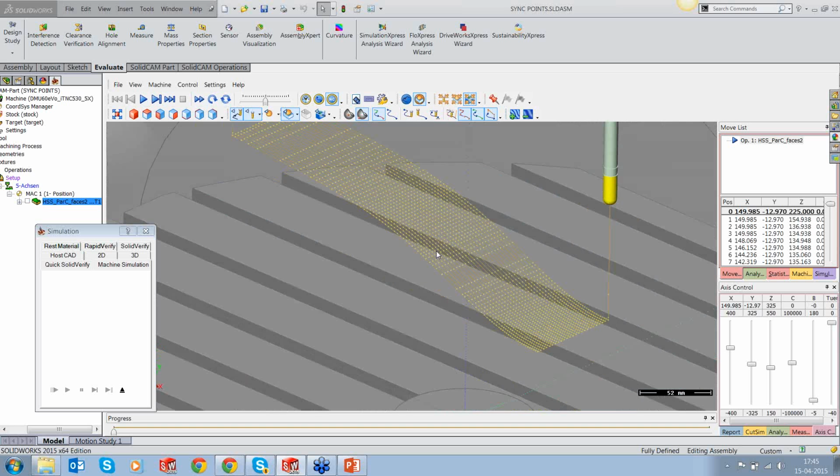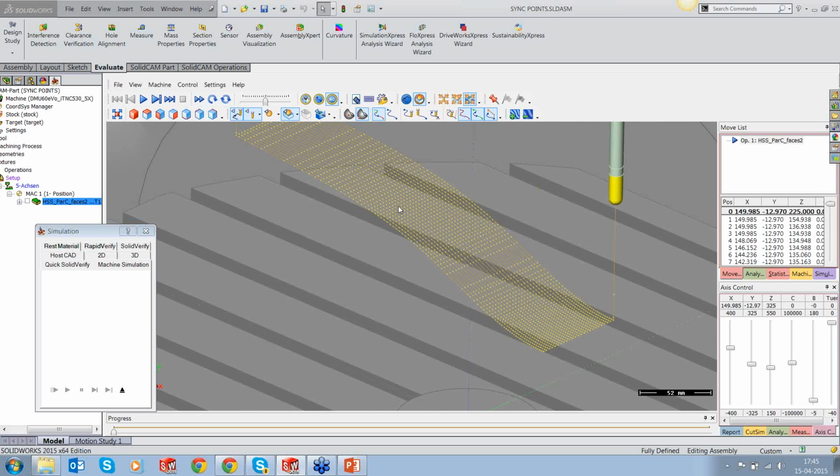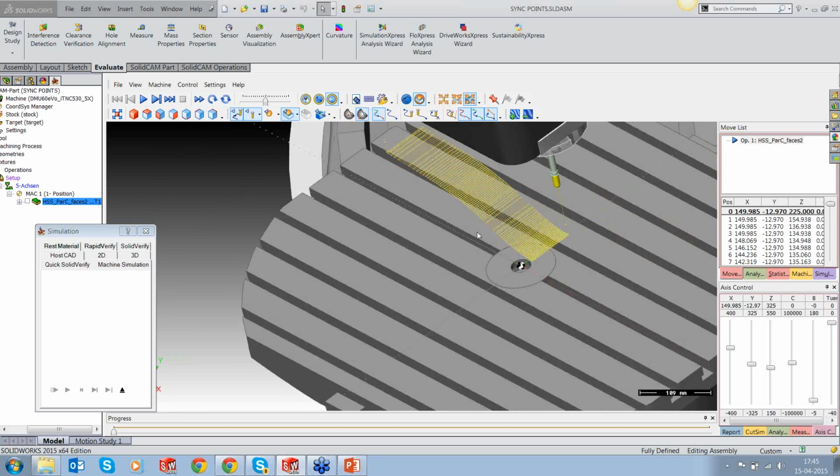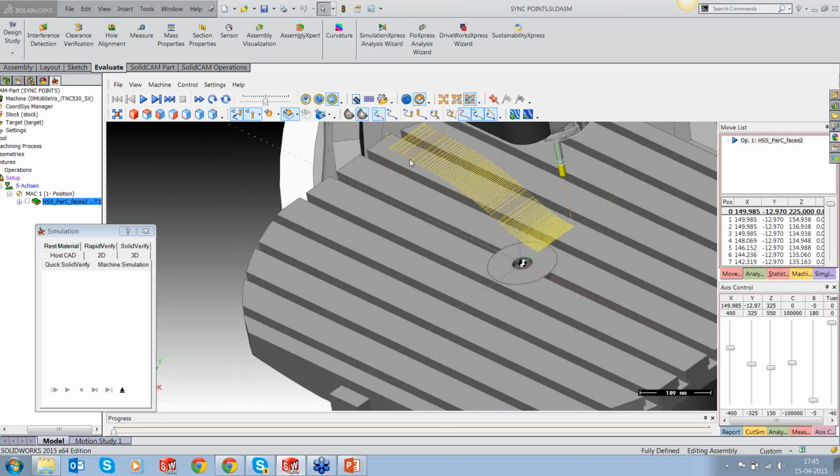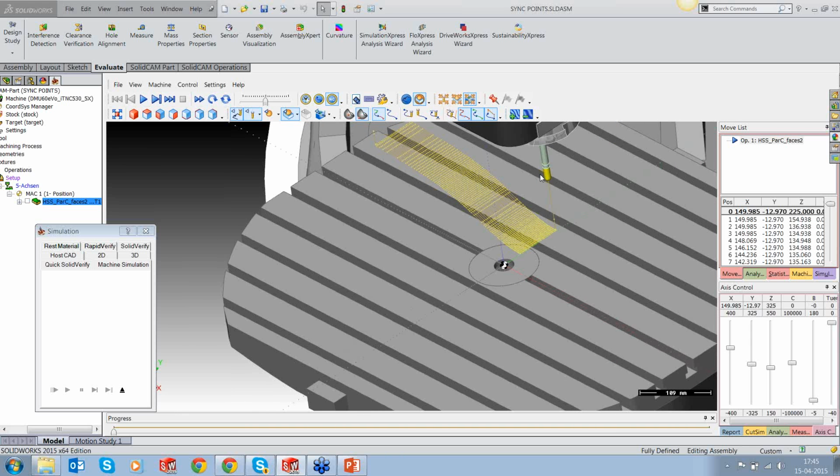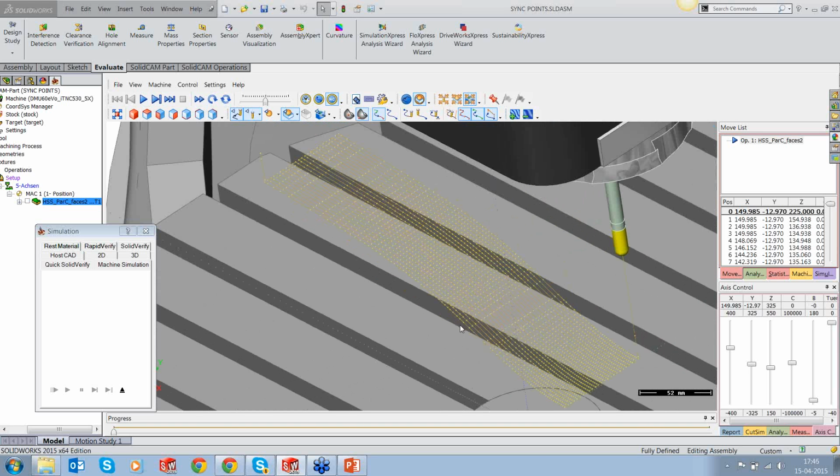You can look at the points and how they are distributed. You can see that some of the points are distributed coarsely out here, and again they are densely distributed. Again there's a coarse distribution, and again there's a dense distribution. So what this is probably going to do is give you a better surface finish in this area, a better surface finish in this area, but here you will see that the quality of surface is not going to be as good as the areas where you have got a much denser point